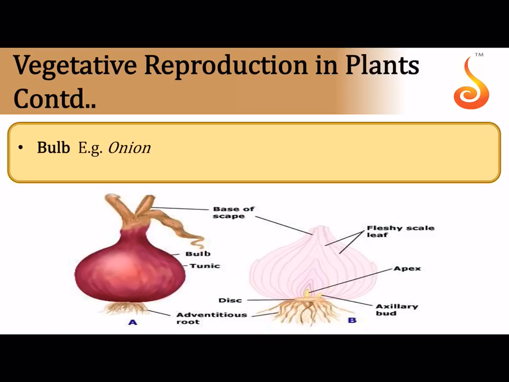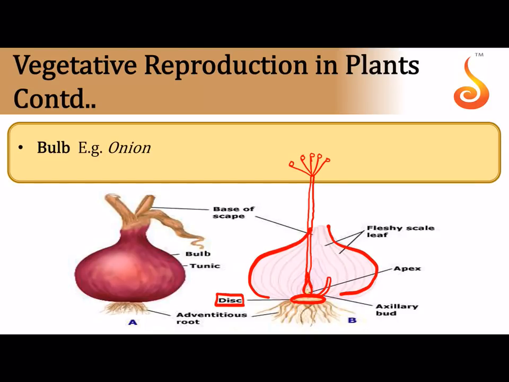Bulb of onion. This is also something very familiar we use in our day-to-day life. Now, if you cut open the onion bulb, you can see the condensed white part at the base. This is the actual stem of the onion plant. This is called the disc. And then you can see buds appearing in the center and on the sides. Actually, these buds give rise to flowers. They give rise to a tube. You must have seen a hollow green tube which ends up in flowers like this. And the flower is nothing but a reproductive structure, isn't it? So these are produced on the onion plant.